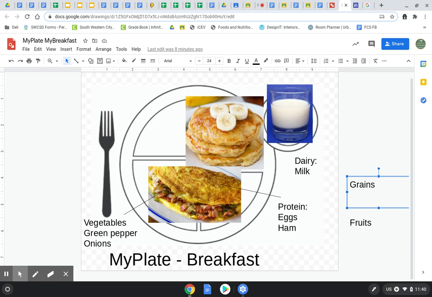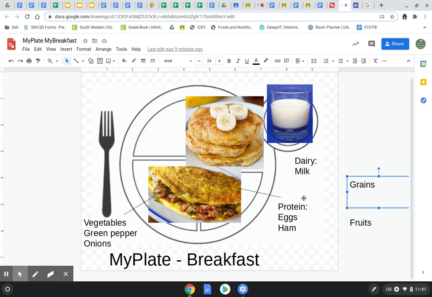And yesterday you created your personal My Plate, where you know exactly how much you need to eat in a day. Now, this is just a meal, so you're not trying to get your daily needs in one meal, okay? You're just trying to have a little bit of everything. You don't want to have 5.5 eggs and get all your protein in one meal.